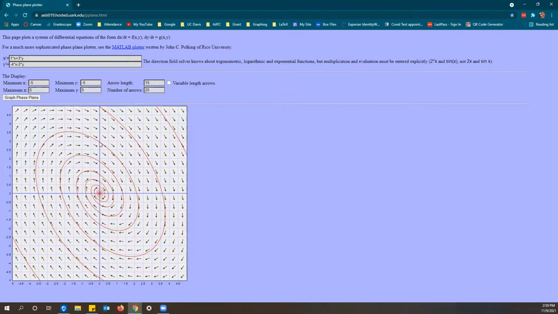So an eigenvalue being complex, imaginary, means we get spirals. And the stability of the spiral completely depends on the real part, which is just the trace. If the real part's positive, or if the trace is positive, you're spiraling outward. If the real part's negative, or if the trace is negative, you're spiraling inward. And if you're in the rare case where the trace is 0, you have a neutral spiral. You're just spiraling in the same single loop over and over and over again,